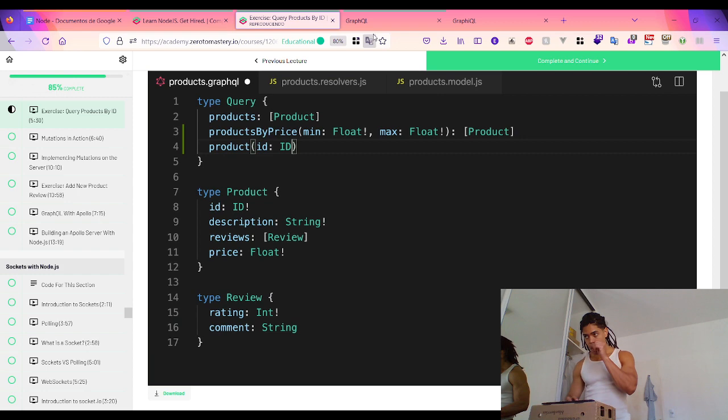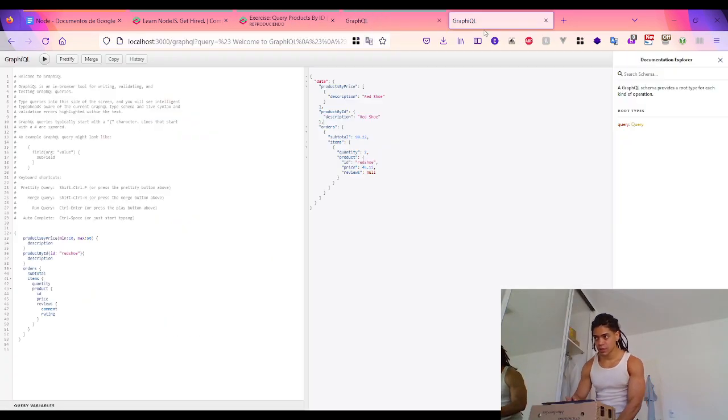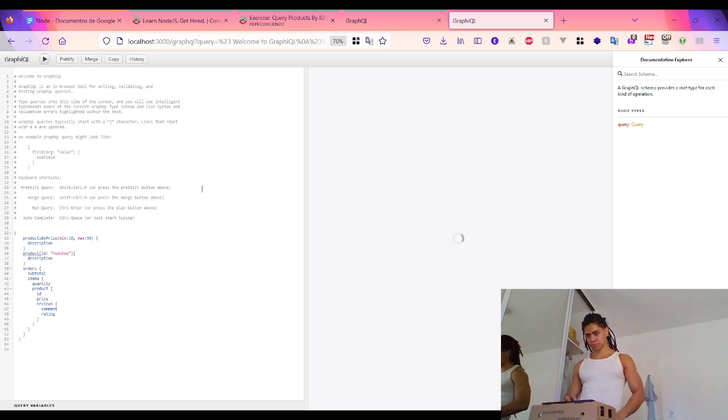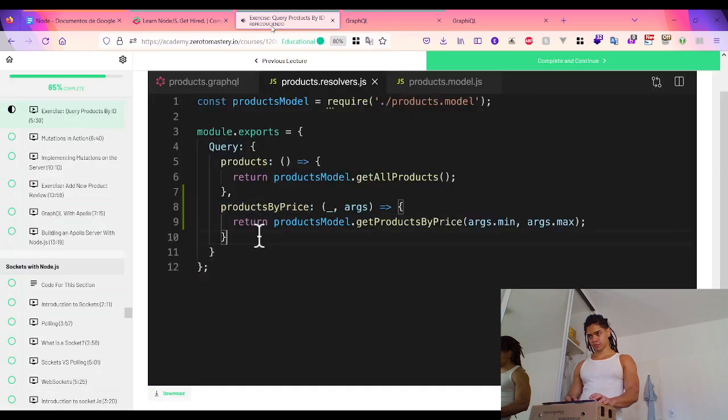GraphQL ID type, all in uppercase. This is our single argument, which lets us select a single product, so it's definitely required. And the result of our query is a single product. Now, if we have a top-level query defined in our schema, we'll need to have a corresponding top-level resolver, which